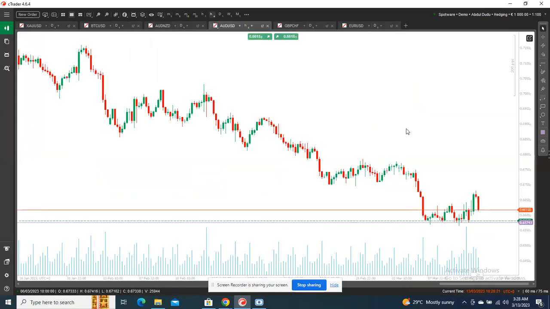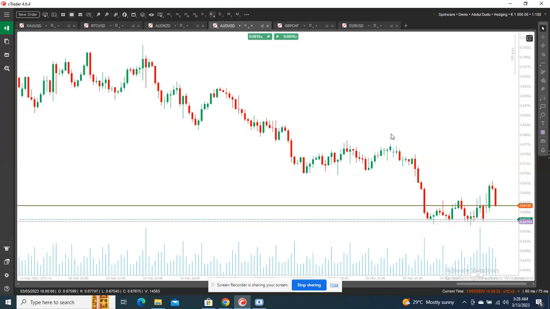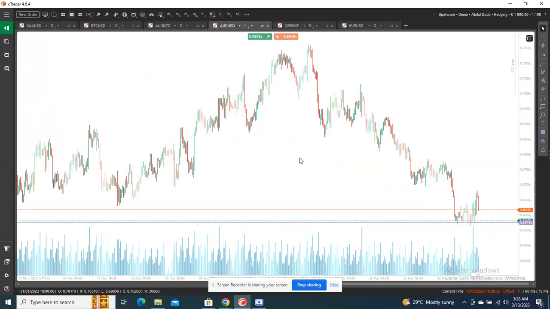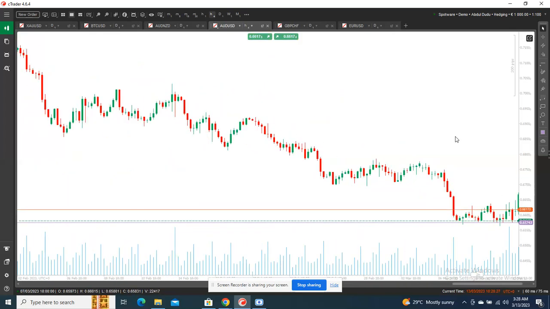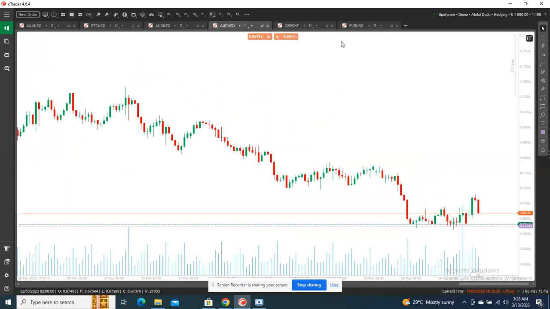Now let's check it on the 4 hour time frame. This is the 4 hour time frame. You can see it now. Key level of support. Got it here. From here,